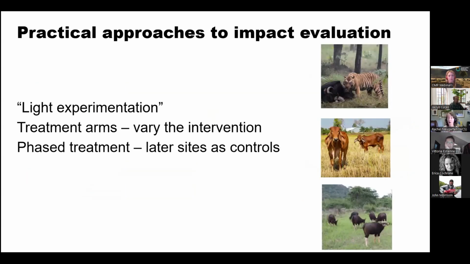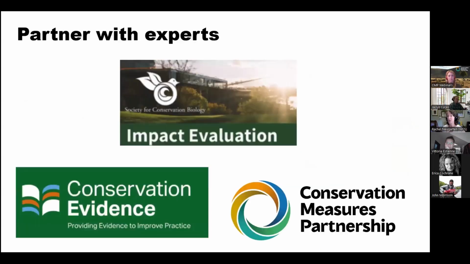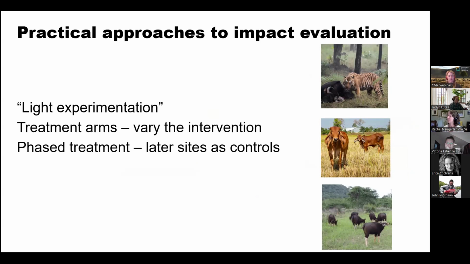Paul Ferraro also has published a number of these impact evaluation studies. He really is recommending that practitioners and donors think about experimentation. Those quasi-experimental methods that I mentioned are complicated and data intensive. You have to get specialized training or partner with an academic expert to really apply them. So he was talking about, could you do some light experimentation? Could you vary the intervention slightly across your sites? You've got 3 sites in Thailand. Are there things you could do slightly differently and compare outcomes? Can you do phased treatment? We can't do everything everywhere all at once.